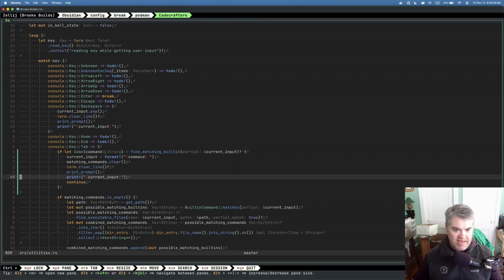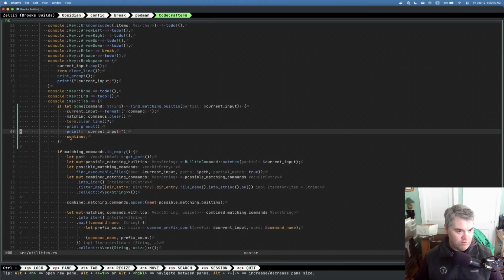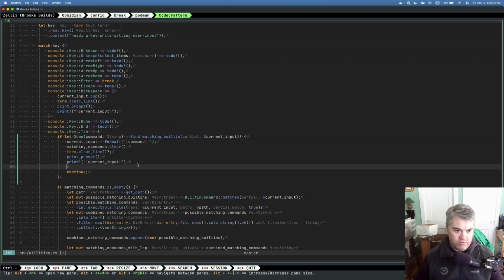And so if I tab when I have a matching built-in, so echo, for example, I add this to current input. So I reset what current input is. I clear any of the matching commands, so it's an empty vector. I clear the line. I then print the prompt, and I print the current input, and then we continue on. Continue would reset me. Oh, if I continue, I need to. Okay, that's the problem. I need to